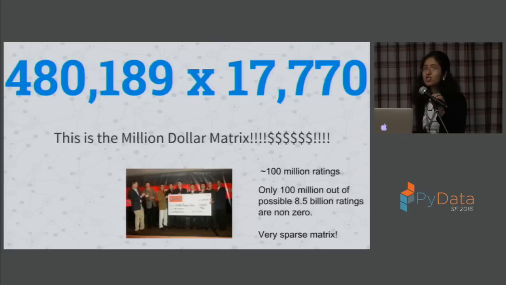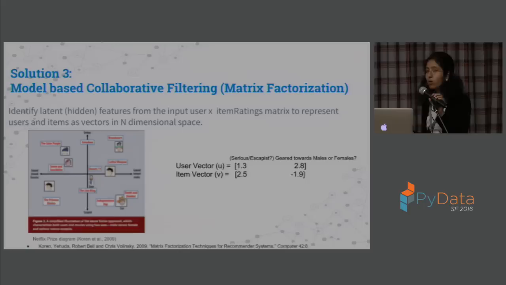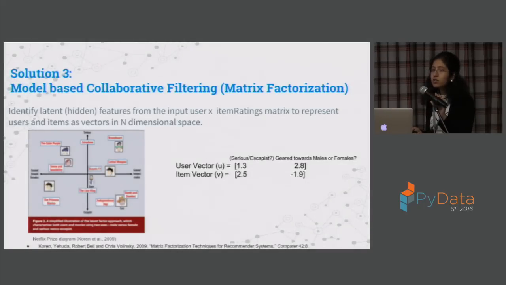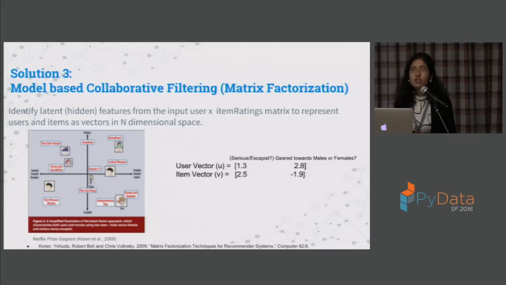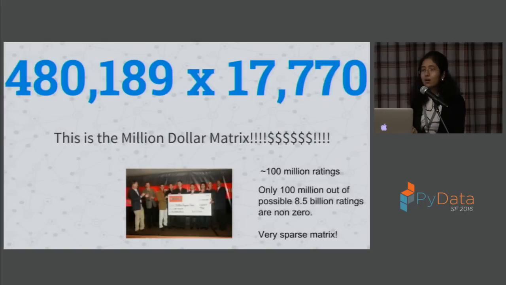So what do we do in such cases when we have sparse matrices? What helps in this case is our third solution, which is a model-based collaborative filtering method, or matrix factorization based methods. Another problem which we missed in this slide is that the matrix is sparse. That is one thing. Another thing is that, in case of the item similarity based method, storing a 17,000 cross 17,000 matrix each time we are using the model may be very